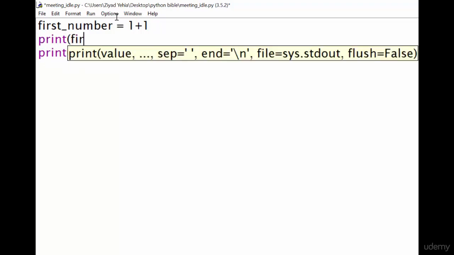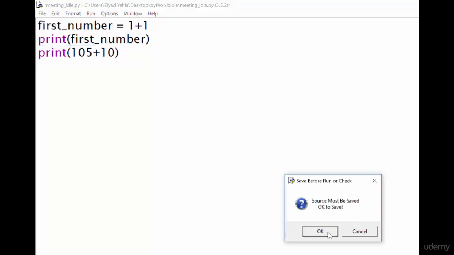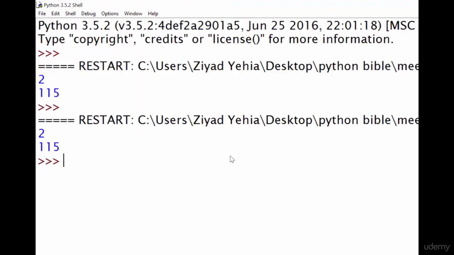So what we can do is instead of print 1 + 1, we can just use print first_number. Here, Python will look inside the box called first_number and find the number 2. And it will then print the number 2 to the screen. So you can see we get exactly the same answer as when we just printed the answer directly,